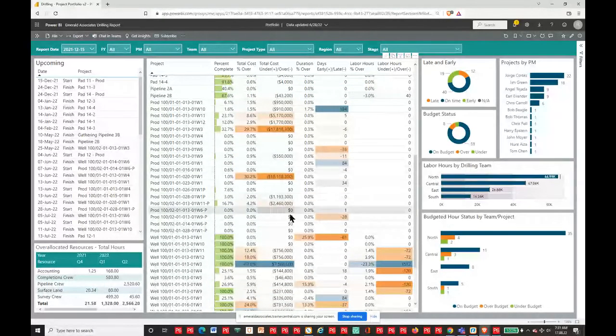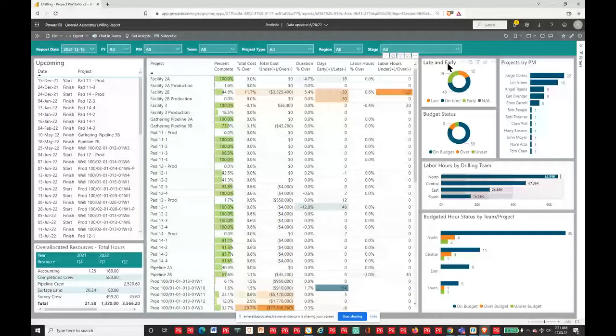But the gradient of the color is trying to give you an idea of how severe that particular problem is. So I've got late and early. If I go in and look at this, I've got 19 projects that are early, 12 late, and 40 on time. Now, I've also got projects by PM. So if you're looking at how heavily loaded any one of our project managers is, you've got that